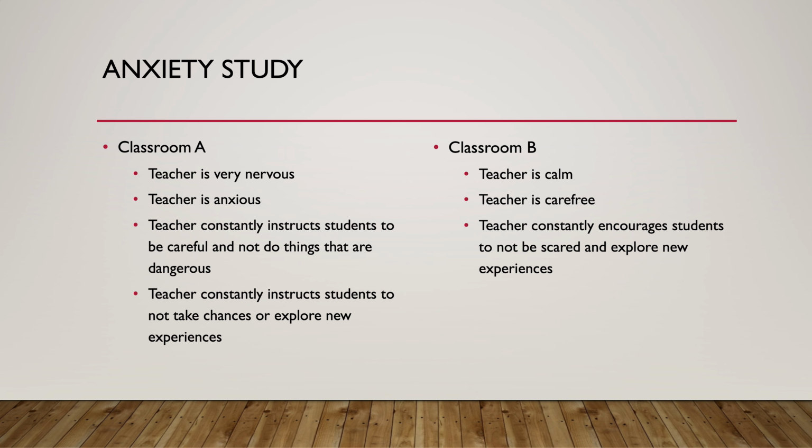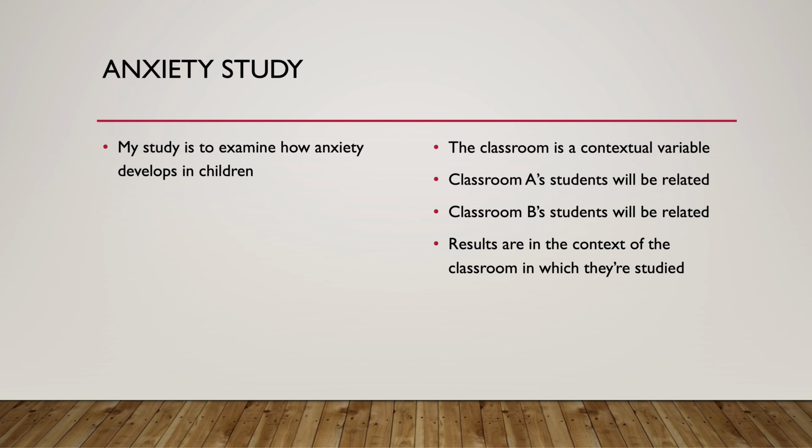All right, so if we were going to do an anxiety study about how anxiety develops in children, we have what's called a contextual variable. So the classroom would be that. The students in classroom A would be related. Students in classroom B will be related. So the results, again, we're not really trying to generalize only to classroom A or classroom